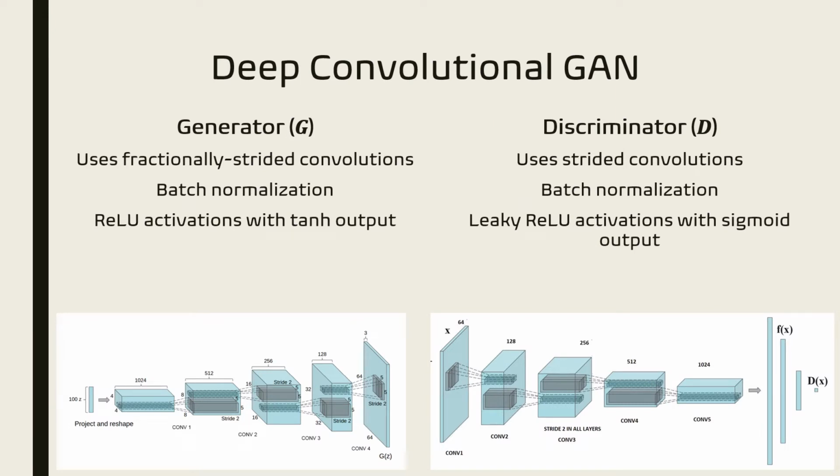The first model trained was the deep convolutional GAN. The generator receives a random noise vector and uses fractionally strided convolutions to increase the spatial resolution until the desired image resolution is achieved. These fractionally strided convolutions can be replaced with bilinear or bicubic upsampling, followed by same convolutions. The network uses ReLU activation functions with a tanh activation on the output. The discriminator receives an image and uses strided convolutions to decrease the spatial resolution to achieve the desired scalar output. Leaky ReLU activations are used with a sigmoid activation on the output. Both networks make use of batch normalization.